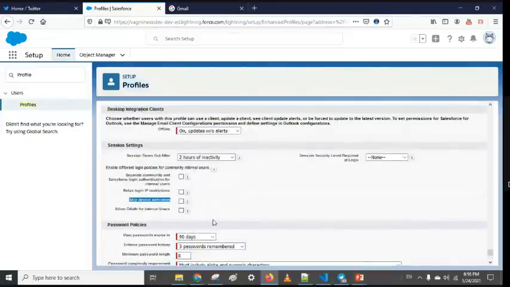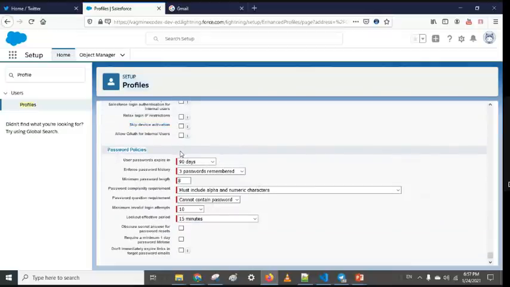These are the session-related settings, where you want to monitor the sessions of a particular user. Like after some time, how many times the session should log out, or you want to restrict the user so they can only log in from these IP addresses. We have a session settings section, and it's very important. You can also enable this setting in the connected app. Whenever you create a connected app and you want that particular external application to access our Salesforce application only from these IP addresses, then you should also go through the connected app. A similar setting is also there in the connected app.